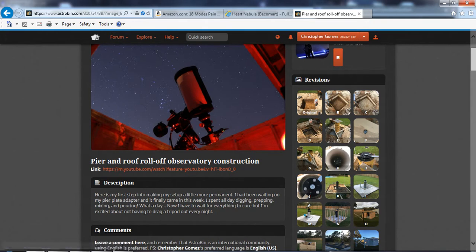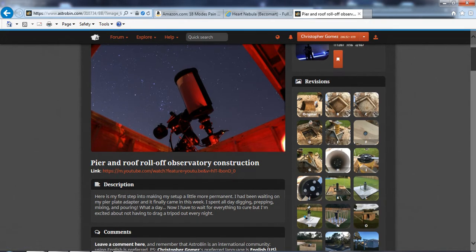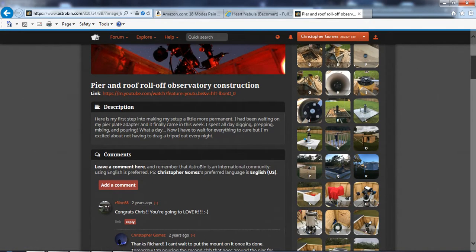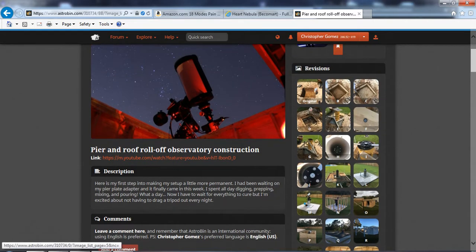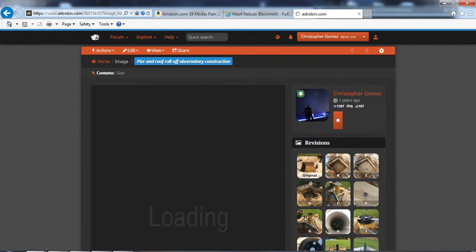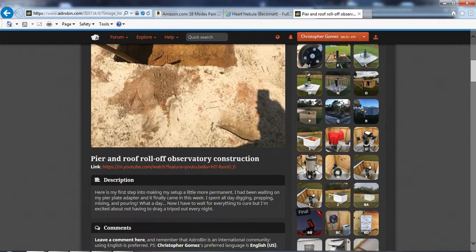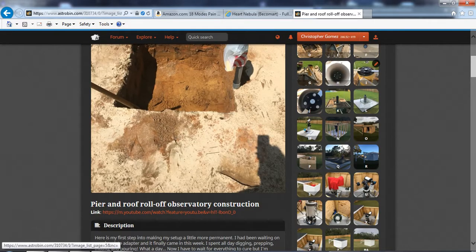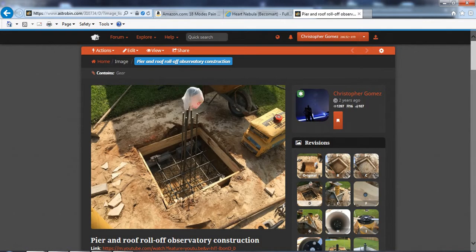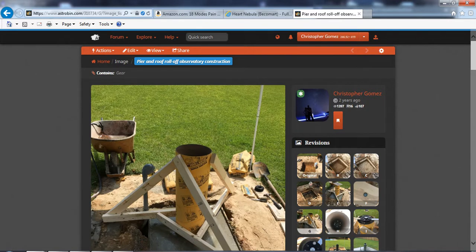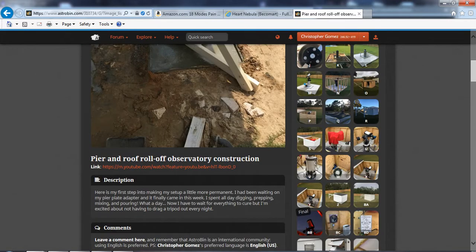This is my scope here on the pier with just the platform, and then framing everything and putting some of the plywood on. It had rained and things had warped, so I had to take these pieces of plywood off and redo them. But